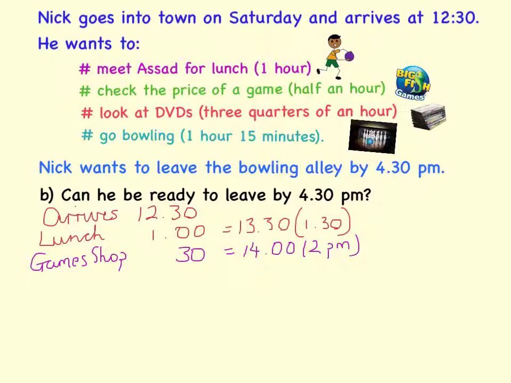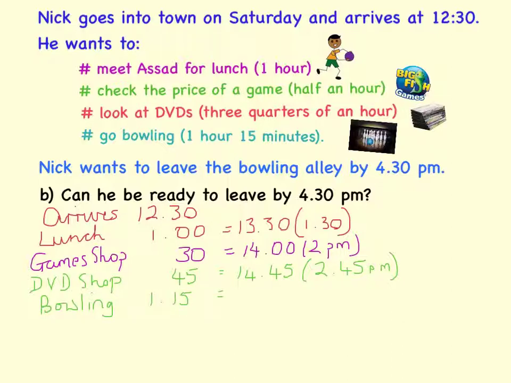He's then going to go to the DVD shop, and he's going to spend 3/4 of an hour or 45 minutes in there. So we need to add 45 minutes onto our 1400 hours, and we'll get 1400 hours and 45 minutes, or again if you prefer 2:45 p.m. He finally wants to go to the bowling alley, and he will spend 1 hour and 15 minutes in the bowling alley. So let's add 1 hour and 15 minutes onto